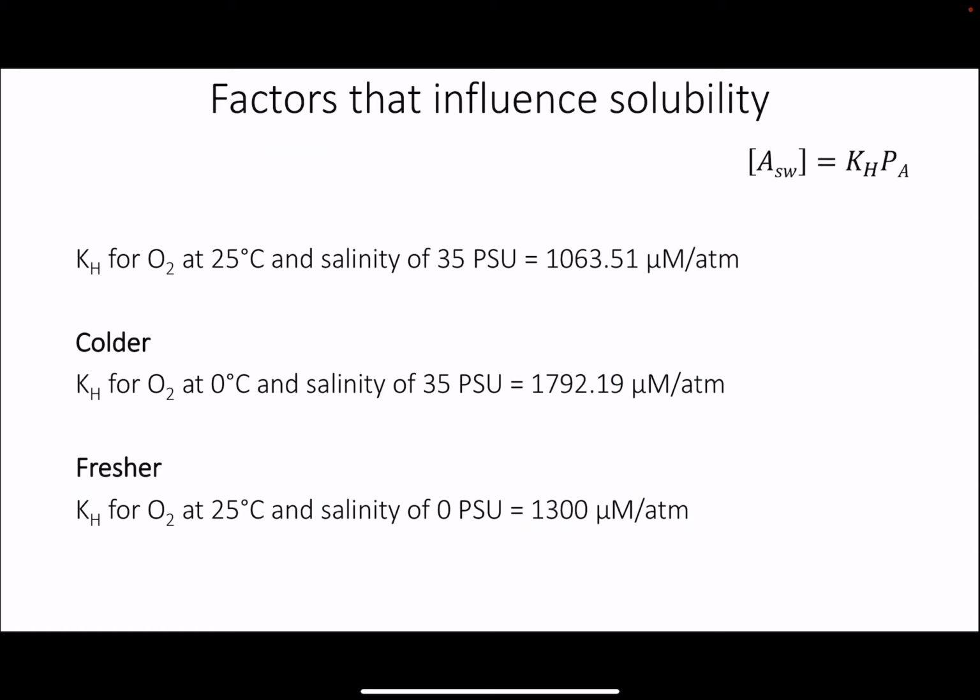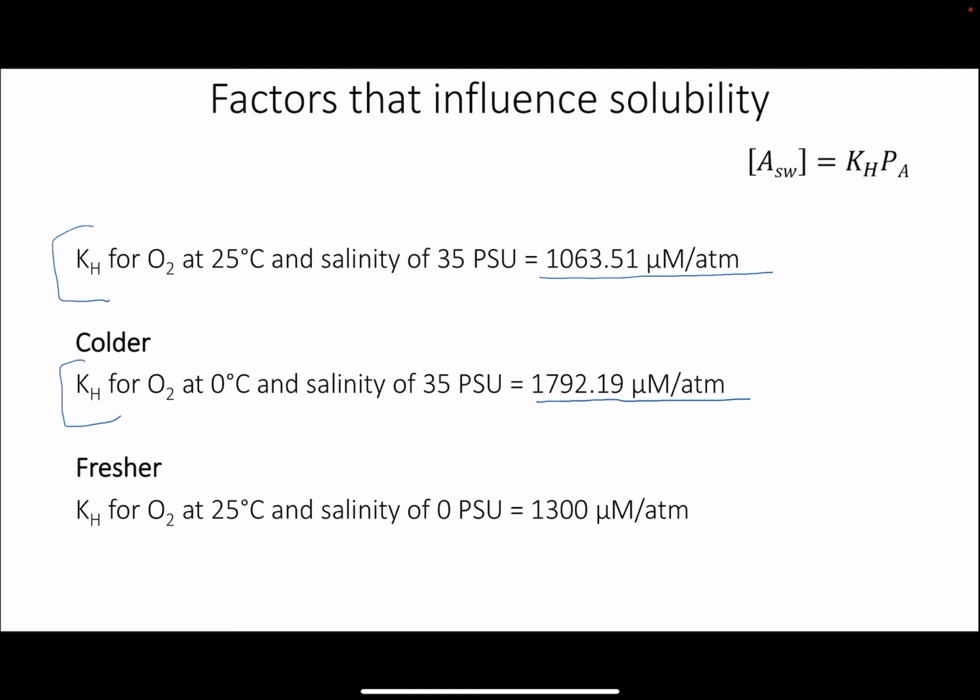So if we look at the Henry's law constant for O2, for oxygen gas at 25 degrees C and a salinity of 35, this is the number we used in the previous calculation. You can see now, to make the number more manageable, I've changed it to micromolar per atmosphere. So it's 1063. And if we lower the temperature, so colder water with the same salinity, you can see now it has a higher solubility. So more gas will be able to be held in this parcel at 0 degrees C